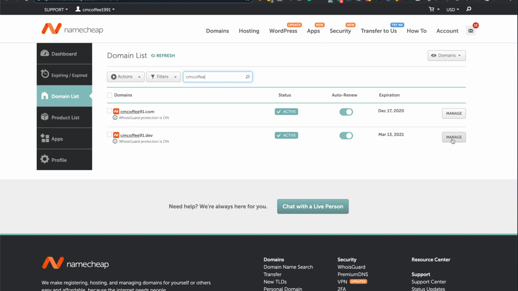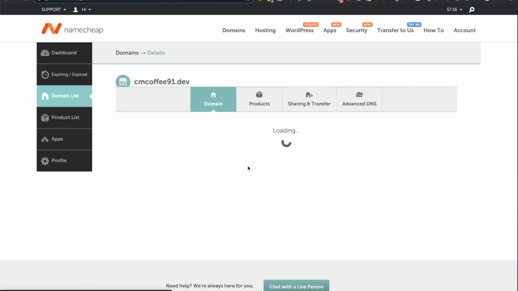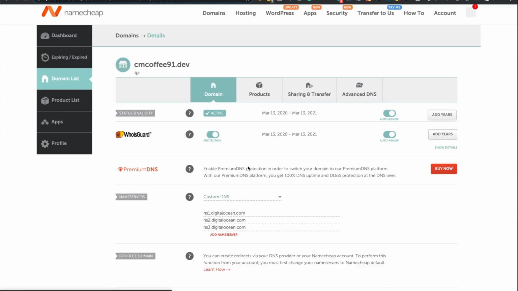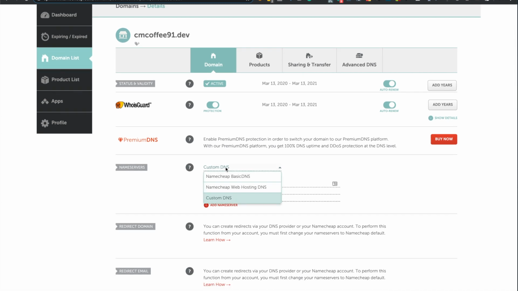So you'll go to manage. If you're in Namecheap, you click on domain list or even dashboard, whichever domain you're using. Just type manage or click manage. My bad. And then right here, it'll be at Namecheap basic DNS by default, I believe. But then you'll choose custom DNS, which I've chosen. Then you'll add names